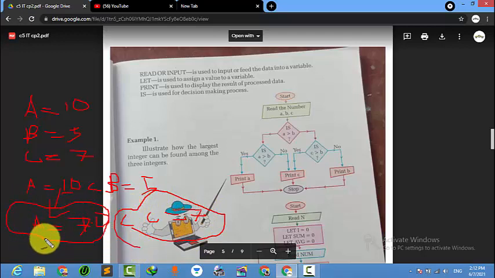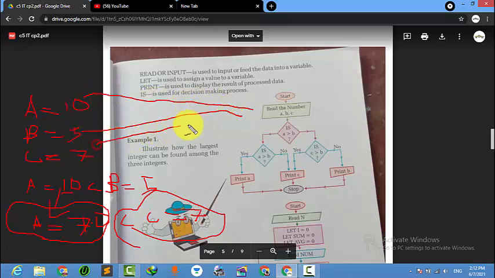Similarly in this one, is a greater than b? Suppose a is 10, and we have numbers a, b, c. Then we put some integers in. Read a is 10, b is 5, and c is 7. Then is a greater than b? 10 is greater than 5, true, right? Question mark.